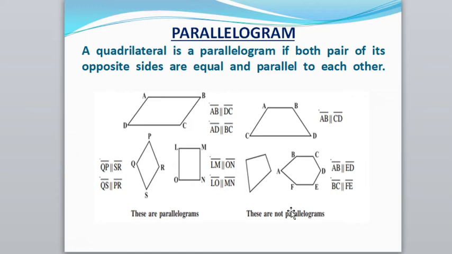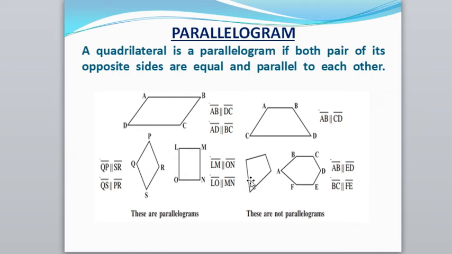Then in the next set it is given that these are not parallelograms. So why are these not parallelograms? We will study one figure. In the first figure it is given with four sides, it means it is a quadrilateral, but it is not a parallelogram. So why? Here we can notice AB is parallel to CD and it is already given, but AC is not parallel to BD, and in a parallelogram we want two pairs of equal and parallel sides, but here only one pair is present, that's why it is not a parallelogram.